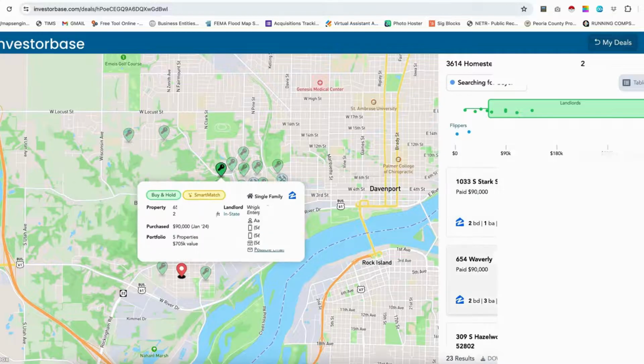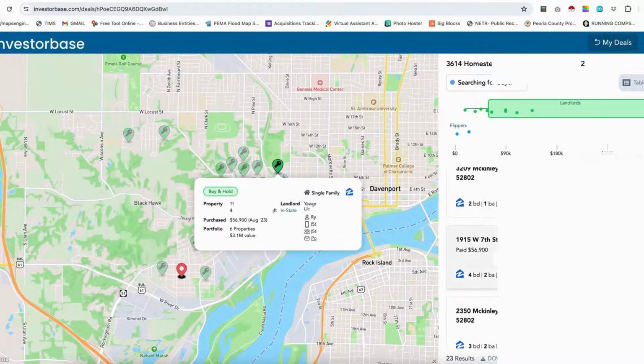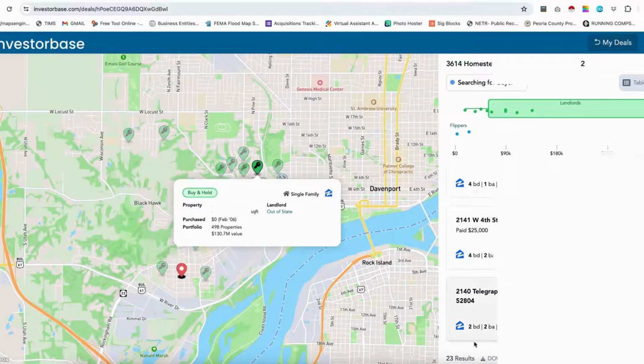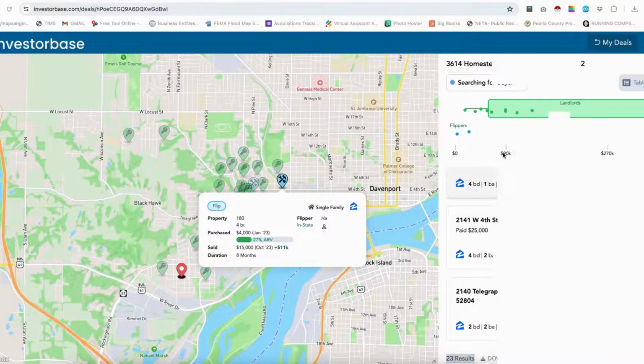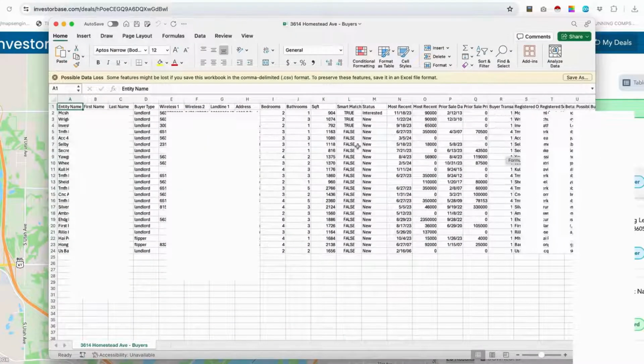That's totally fine. However, when we do get to this page, again, if you go all the way to the bottom, you'll see that here there's 23 results, and you can actually just click download. Open up that spreadsheet. And now what that does is it makes it a lot easier to take this information and run it through like a mass text campaign, a cold call campaign, an RVM campaign, whatever it is, so that you can mass contact all of these people at once. However, just keep in mind